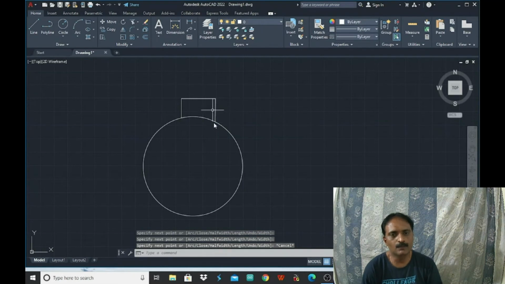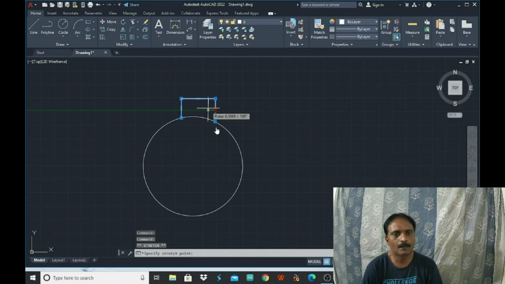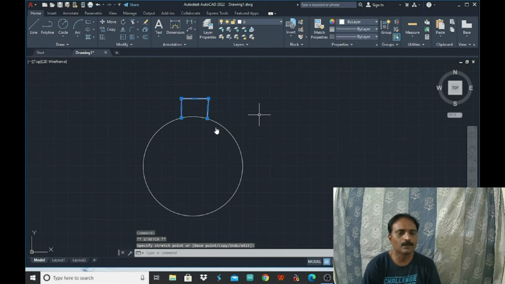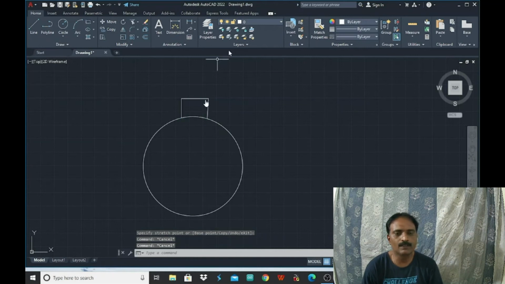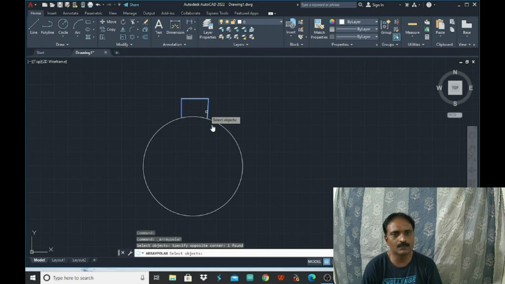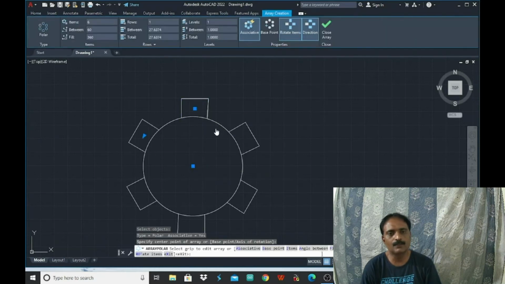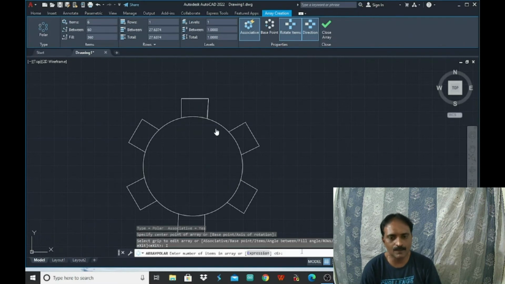In order to have these points, we have to select the options in the object snap. Okay, I am going to have the polar array for this particular shape. Select the array and polar array. So select the object here and enter. To execute all these options, we have to press enter.